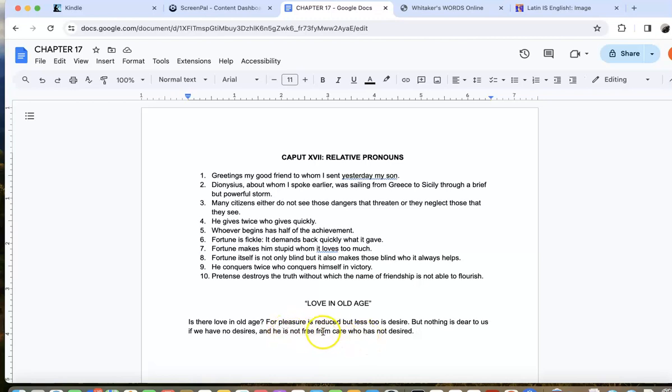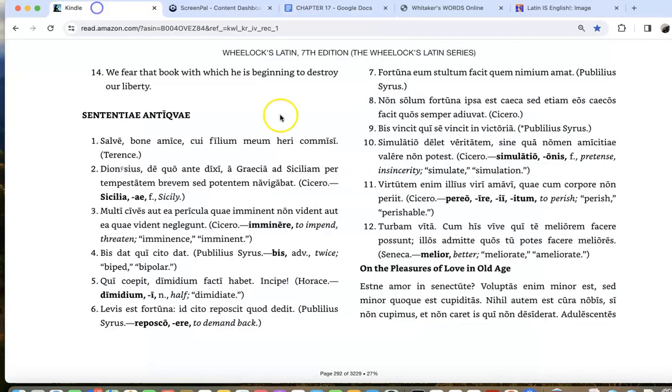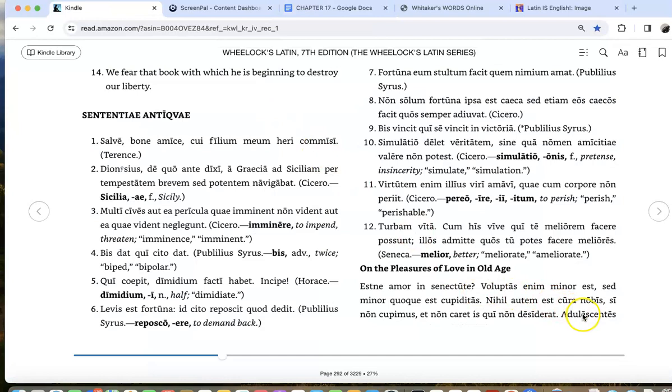And so that's the sense of it, but going back to the reading here: nothing is dear to us if we have no desires. So you have to have something that is going to motivate you. And he is not free from care who has not desired. That one's a tricky one to translate. But then moving on here, so we have adolescence,